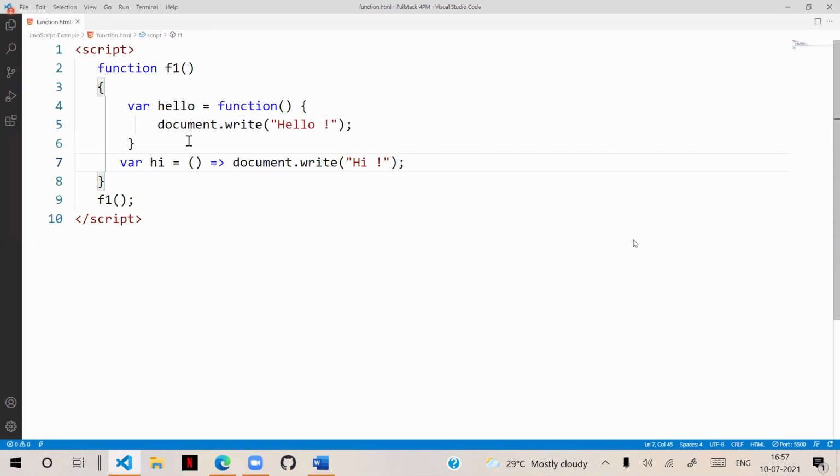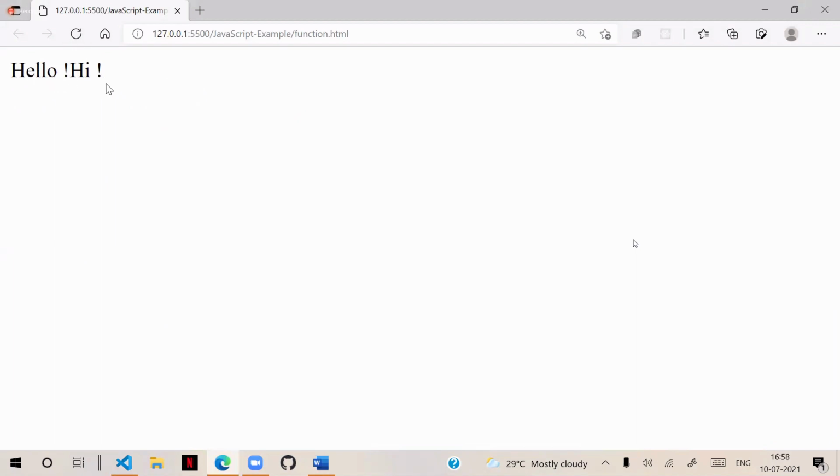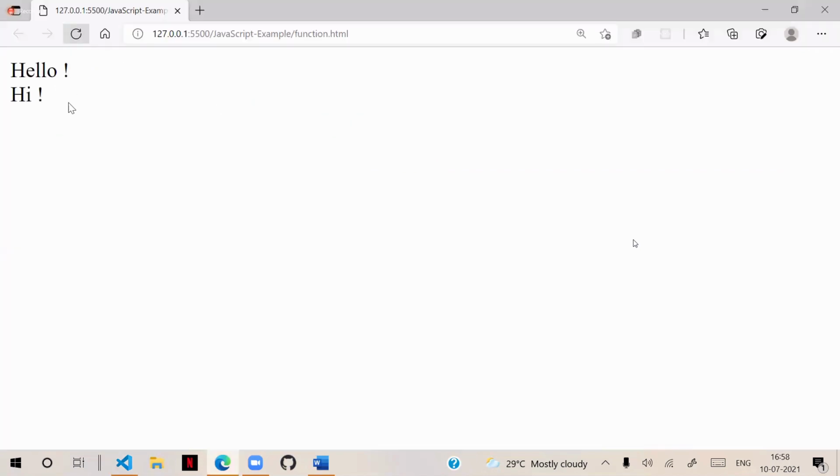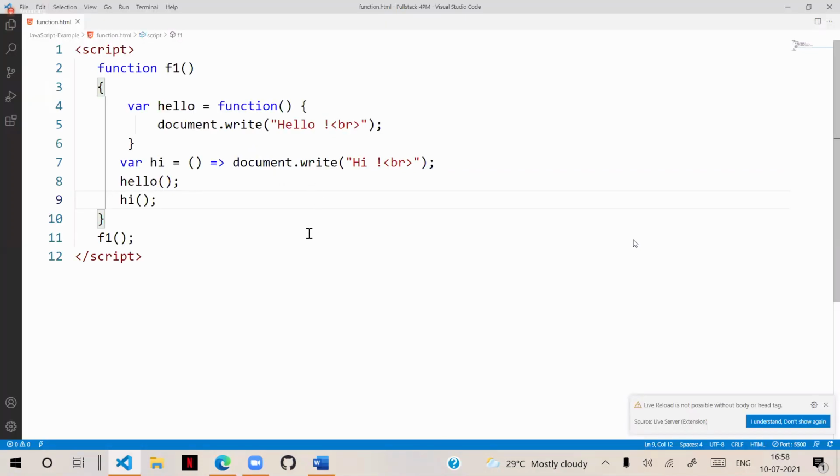That means what functionality it has to perform. We need to write in this way. And you can see that, we have to call these two functions. One is hello, another one is hi. We are accessing both of them. Then it is going to execute them and return hello, hi. I will put a line break here. It is going to access them and return them. It is a shorthand technique. That means this lengthy code can be written in this way.